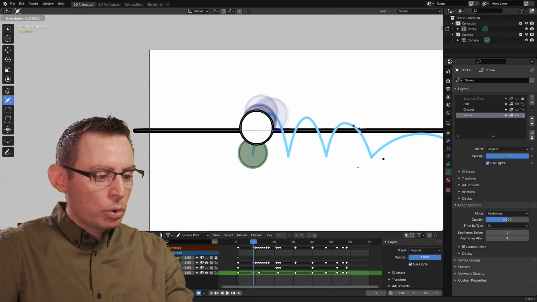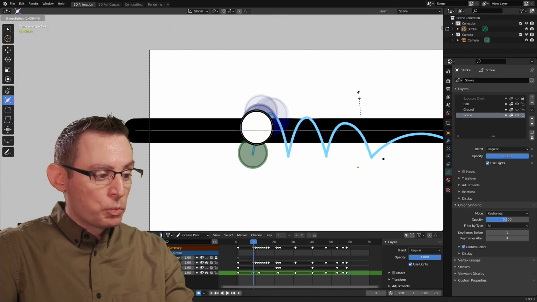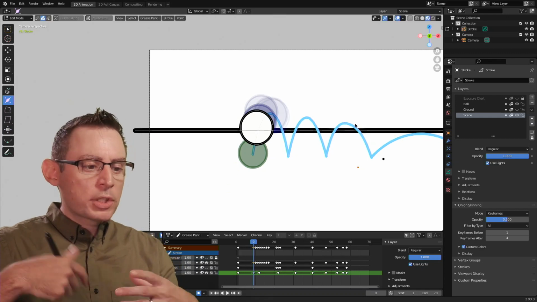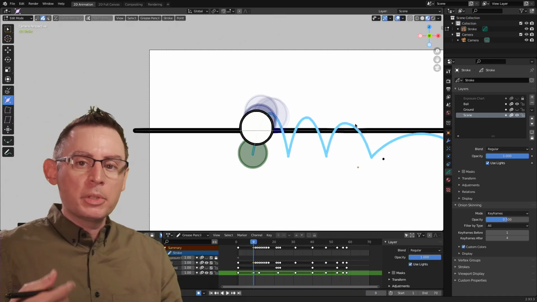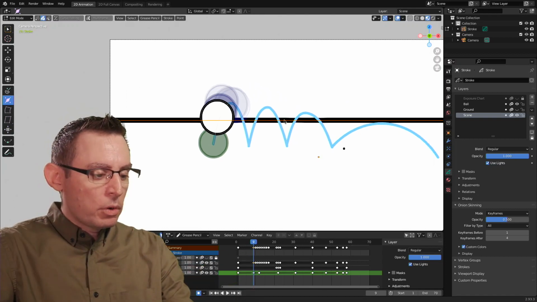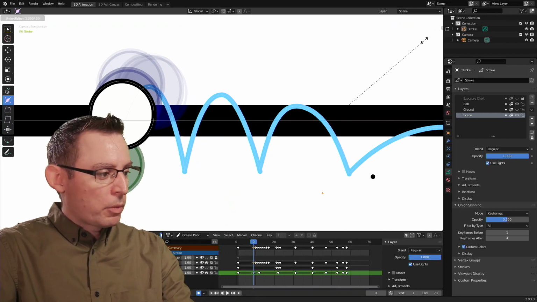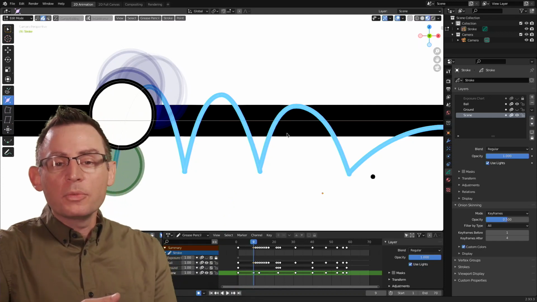So we have a lot of control over the thickness of our lines after we create them using the radius tool. There is no slider, there is no part inside of the material properties that's going to make these lines bigger or smaller. Our entire workflow hinges around this stroke radius modifier right there. We can make it real tiny or we can make it real big, and all that comes from the radius tool.